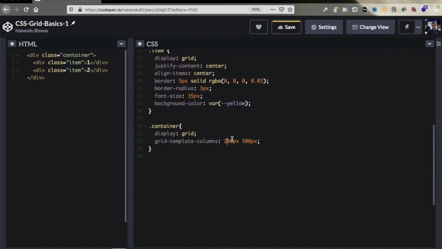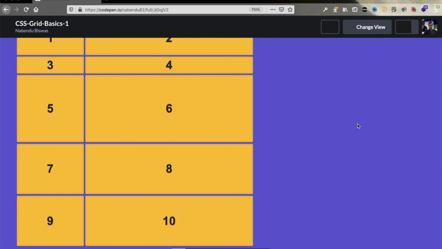Let me reverse it. Let me make this 400 pixel. Let me make this some 200 pixels, so it is half of it. So let me have a grid gap also, some pixels, so we can see it better. So let me save it, let me refresh it,